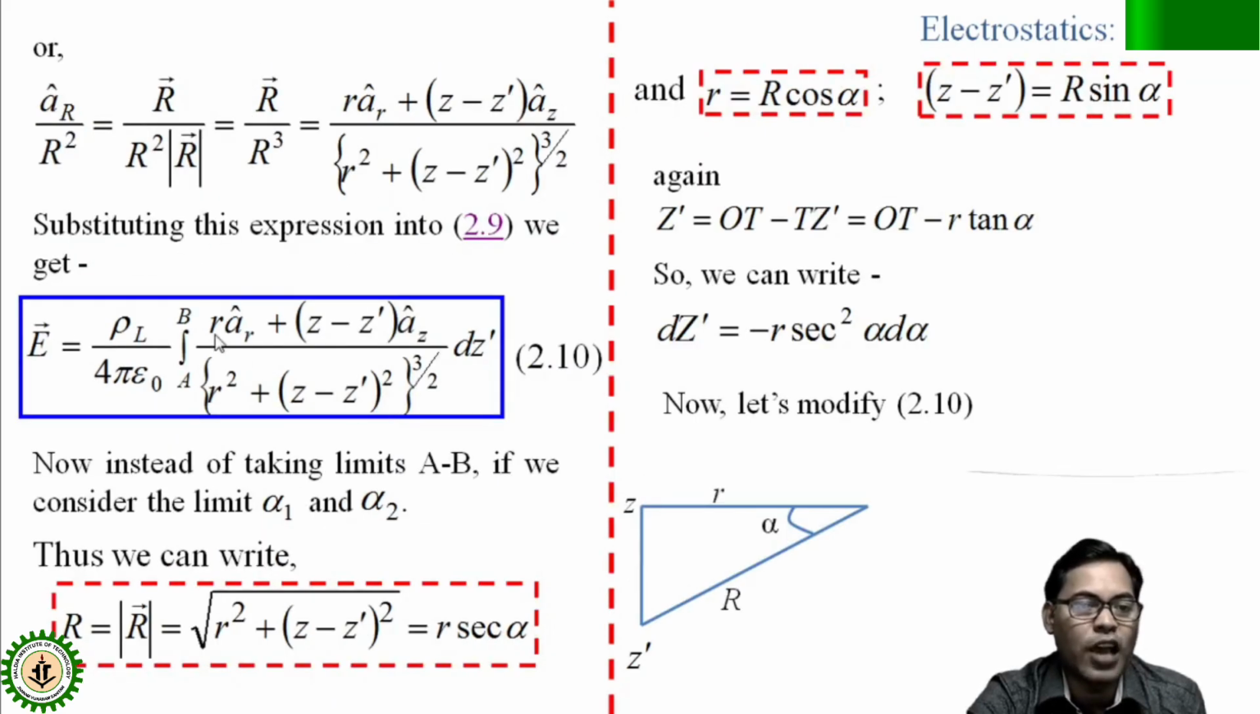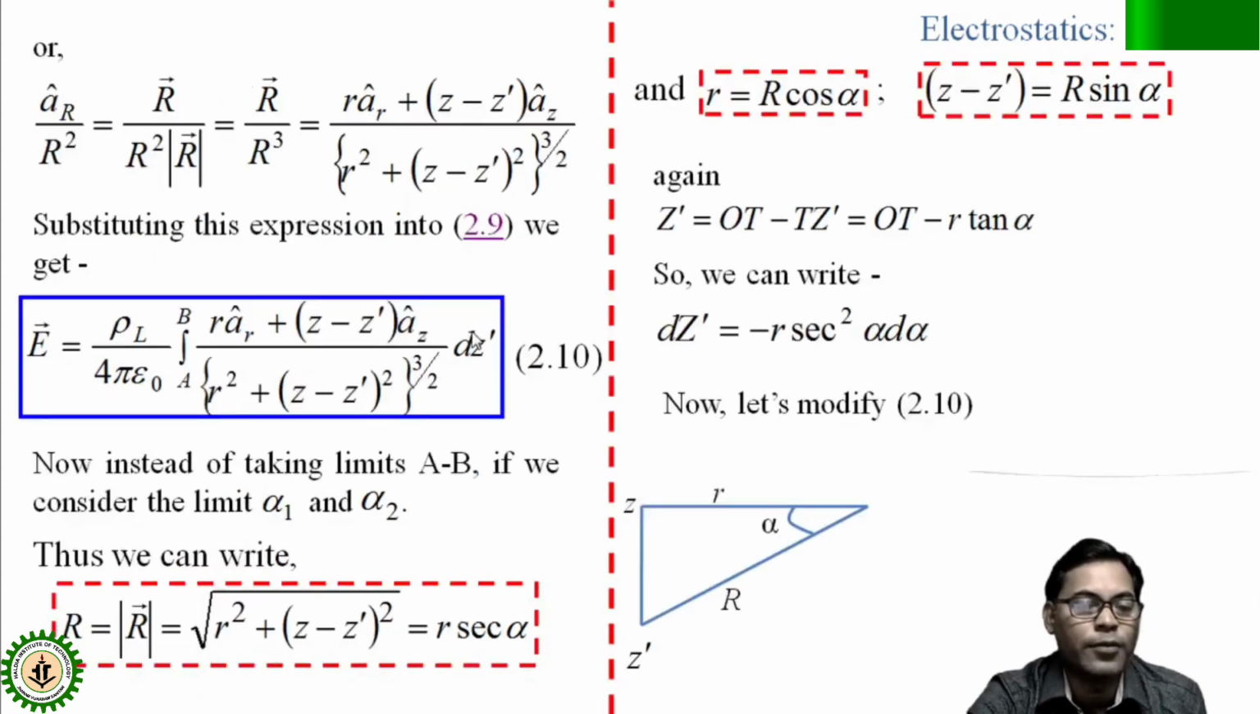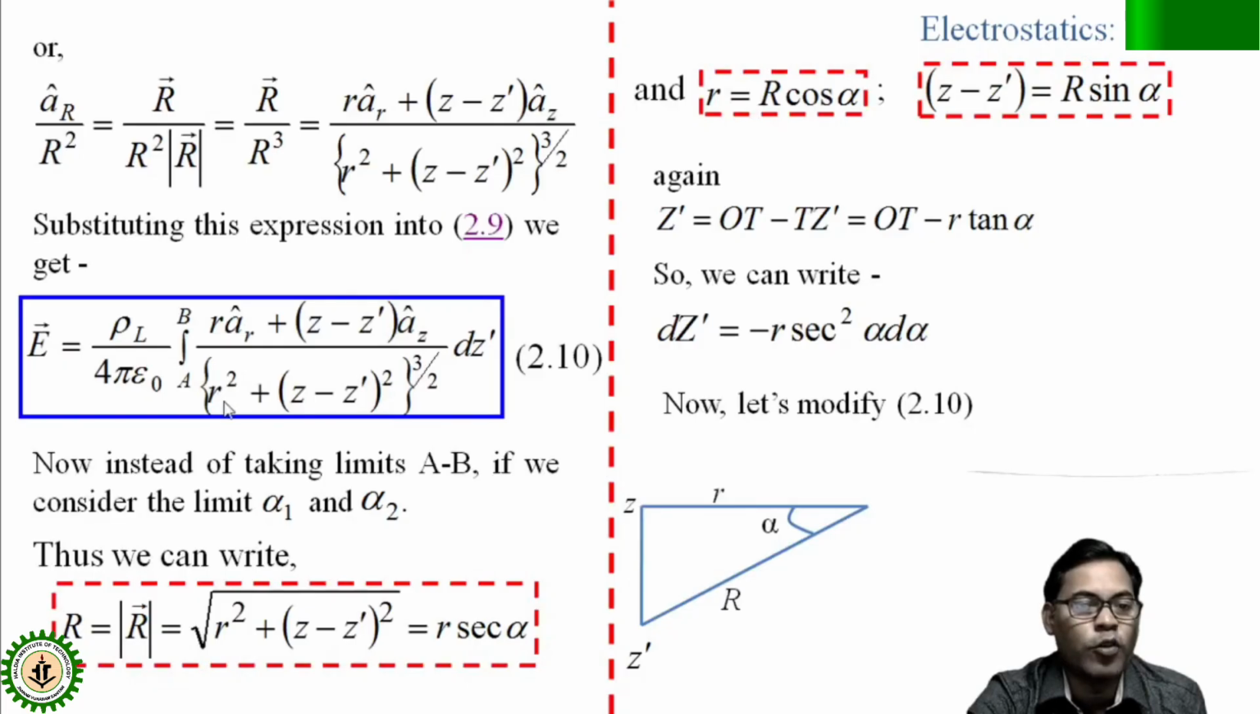Now you see that small r means capital R cos alpha into AR, capital R cos alpha AR. Z minus Z prime means capital R sin alpha AZ, capital R sin alpha AZ. Now this R square plus Z minus Z prime square whole to the power 3 by 2, from that we